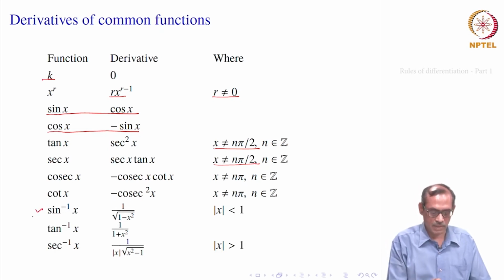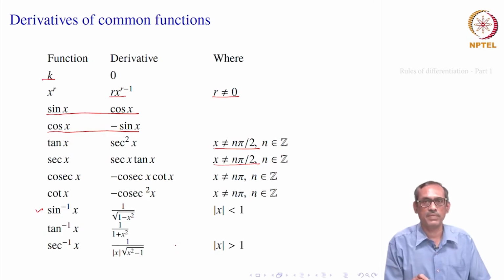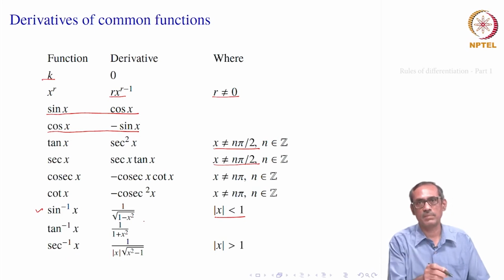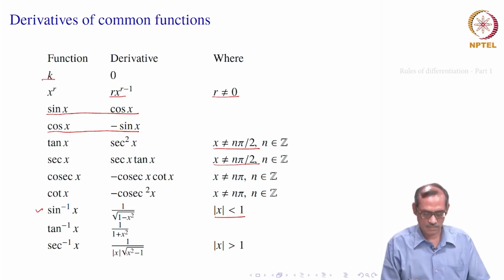Then the derivative of sin inverse x will be 1 divided by square root of 1 minus x square. Remember, we defined sin inverse x for mod x less than 1. So, it gives 1 divided by square root of 1 minus x square. Of course, sin inverse x is defined at x equal to 1, but it is not differentiable there. So, we will not have this. We will see how to derive this inverse, at least one of the inverses we will derive, other things are similar. It will come from the chain rule, as we have remarked in that rule number 6.